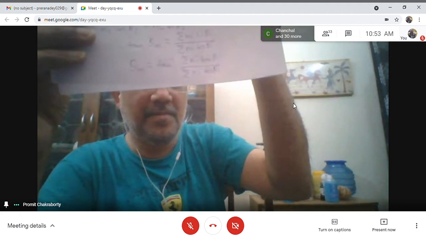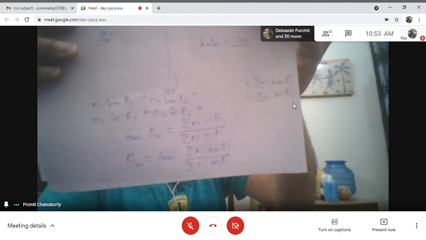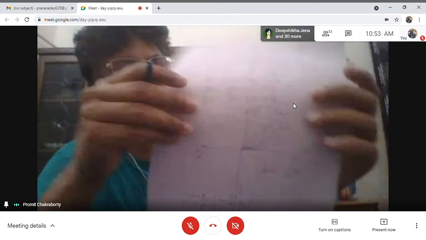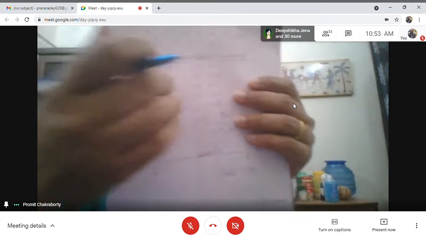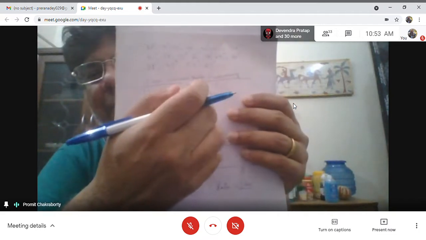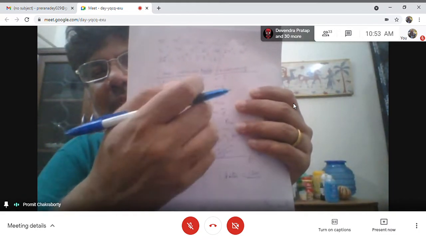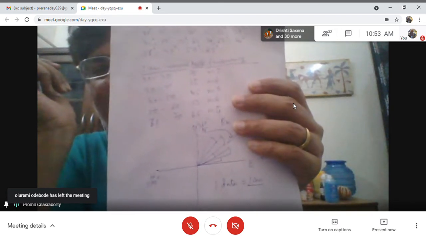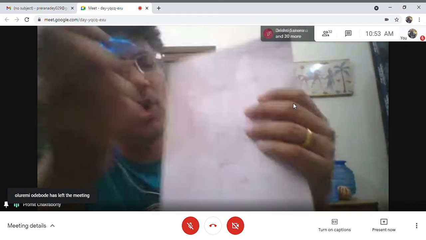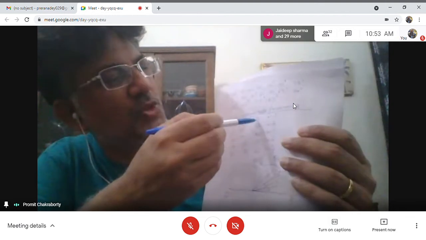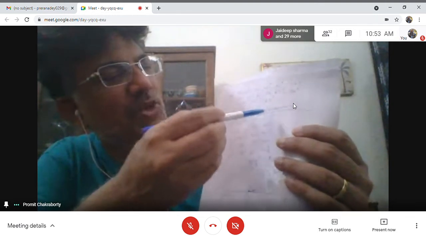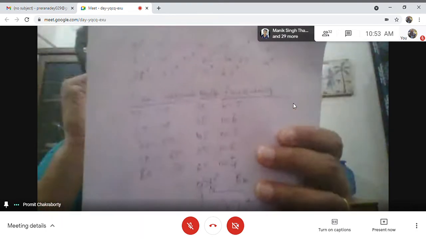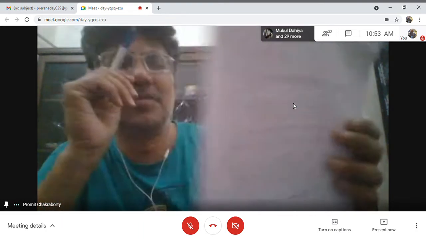So we are calculating theta 1 and theta 2 from the Rose diagram. These theta 1, theta 2 are the midpoints of the class intervals. Look at the midpoint row I have made in the table. Yes, sir. So suppose the first midpoint is 25 and n is 5. So it will be 5 sine 25, 5 cos 25. Okay, sir.